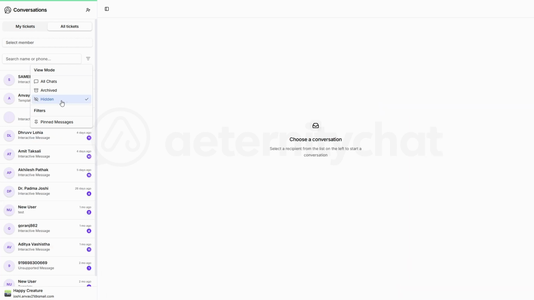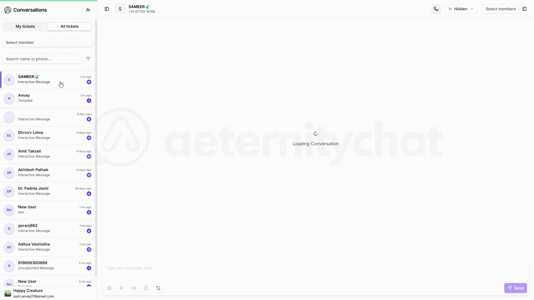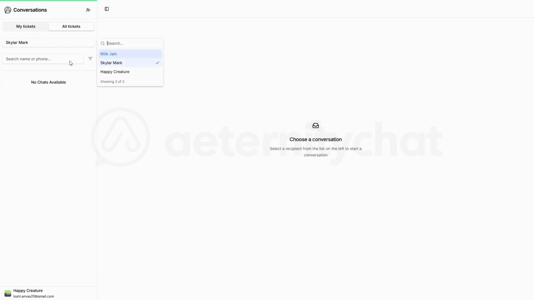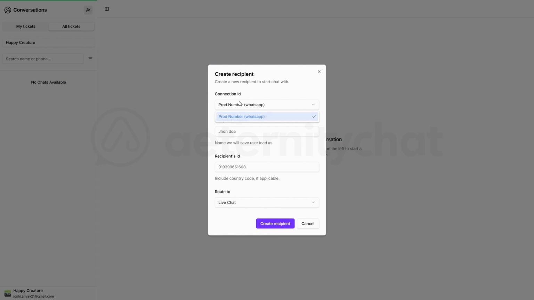Hidden chats are conversations that won't appear in your regular archived or live chat lists. You can also pin messages in your panel. In the All Tickets section, you can also select a specific member and view just the tickets assigned to that particular team member.